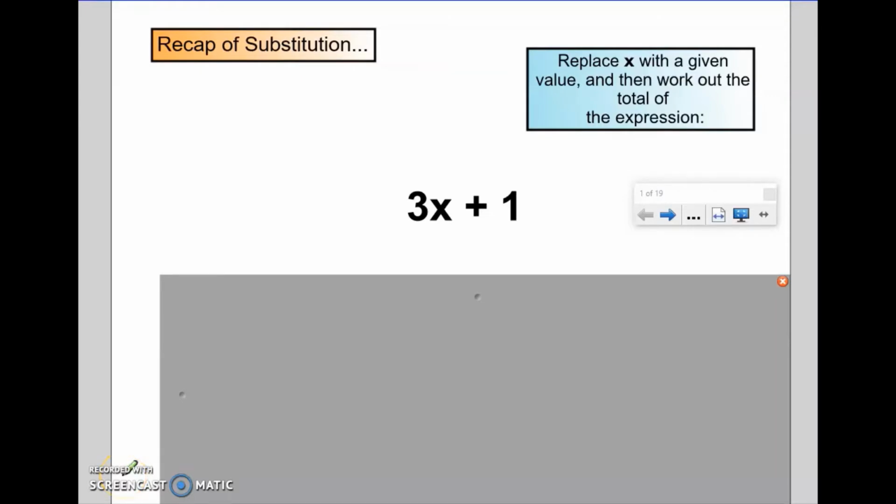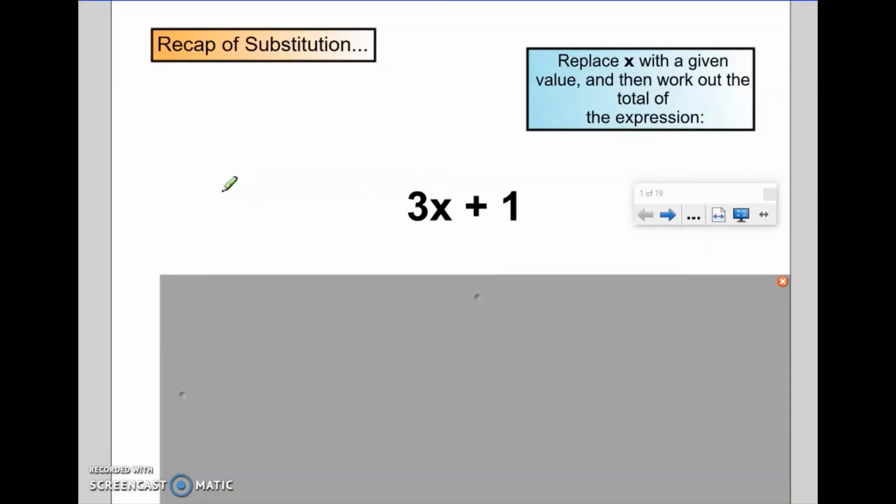Welcome to the video. In this video we are going to be looking at plotting linear graphs and interpreting linear graphs. But before we do that, for the first task we're going to have a little recap on substitution, because this is linked very closely into what we're going to do a little bit later in the video with plotting